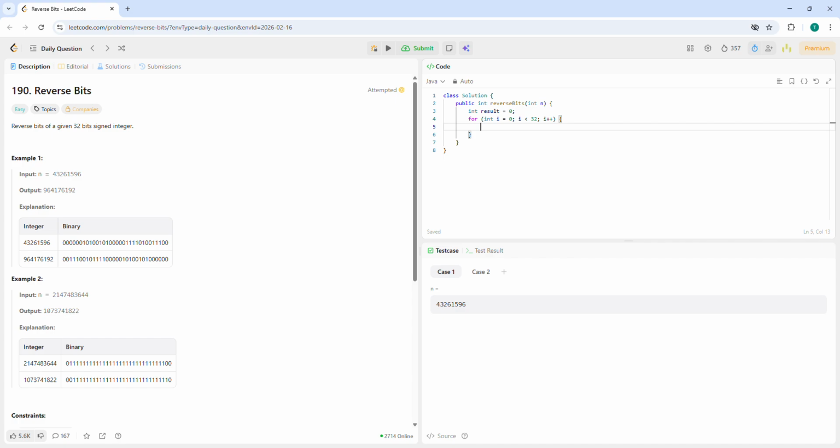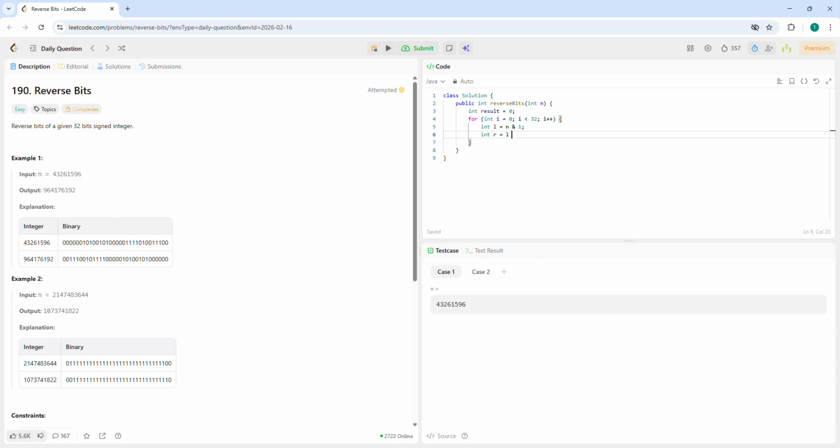take the last bit using an AND operator. So what we could do is say, we take the last bit and we use the AND operator here. We AND it with 1. And then what we want to do is take the right bit and we're going to call it R. We're going to take our left bit